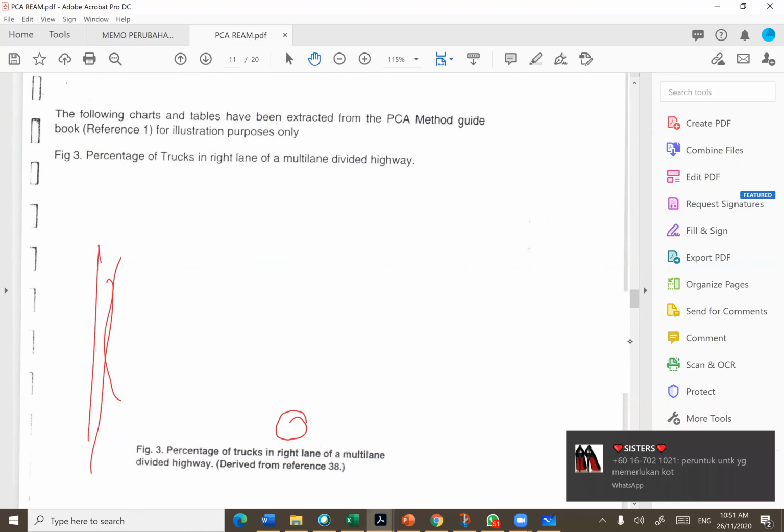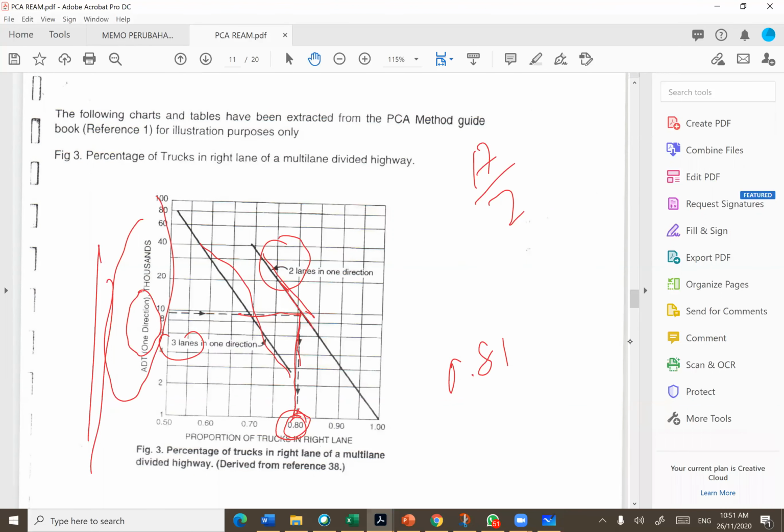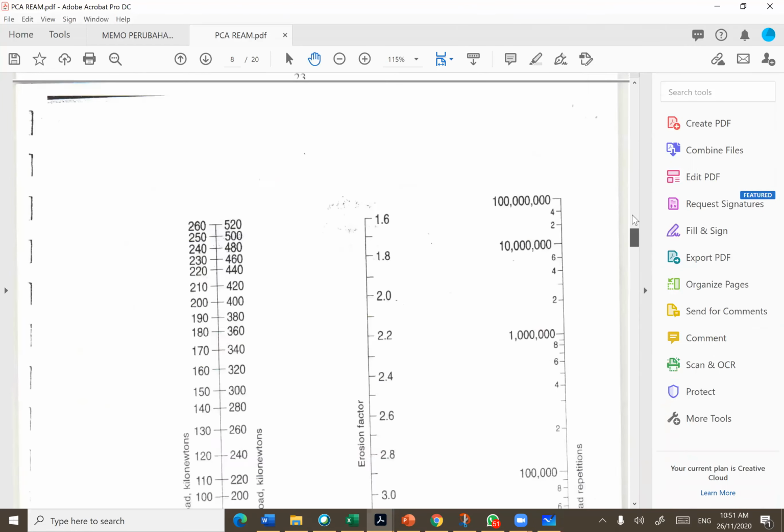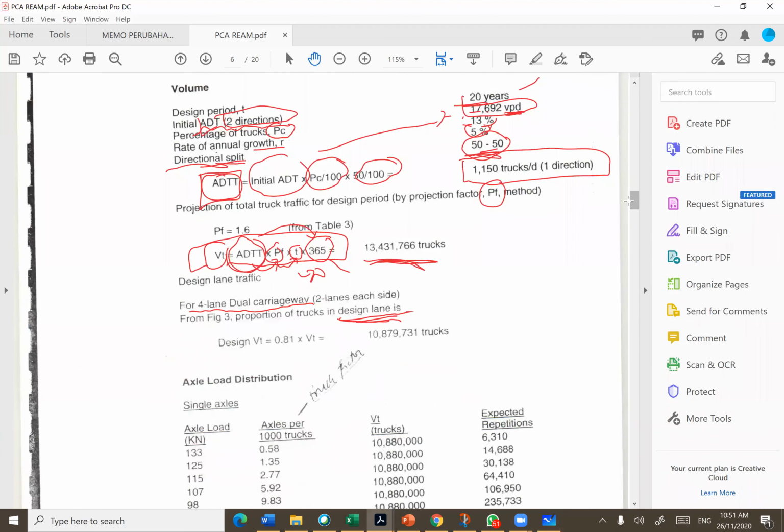Okay, 0.81. Do you get what I'm saying? Do you follow me, or am I talking too fast? Please tell me if you get lost, alright? So that's where they multiply the VT here with 0.81 and finally they get 10 million